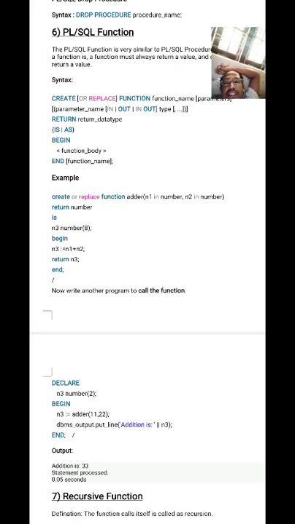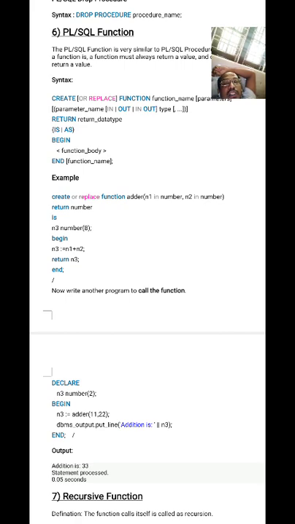Return 33. 33 is returned and assigned to n3. DBMS_OUTPUT.PUT_LINE is there now. In that you wrote 'Addition is' concatenation symbol n3. After execution you will get the output: Addition is 33. That's it.